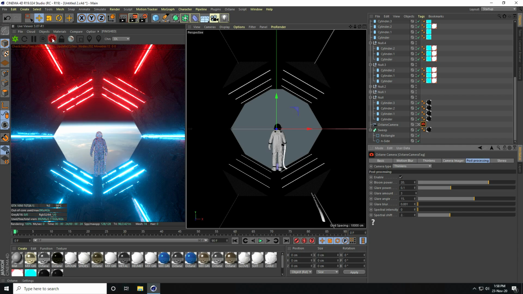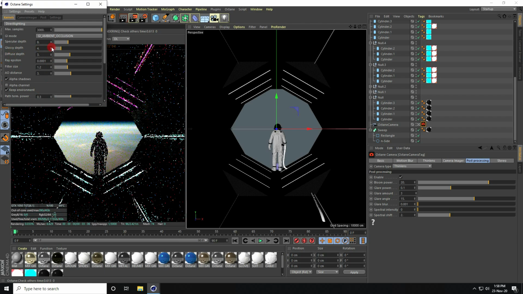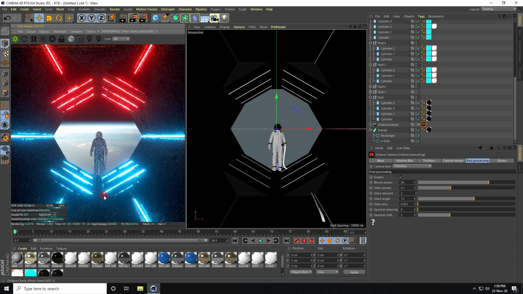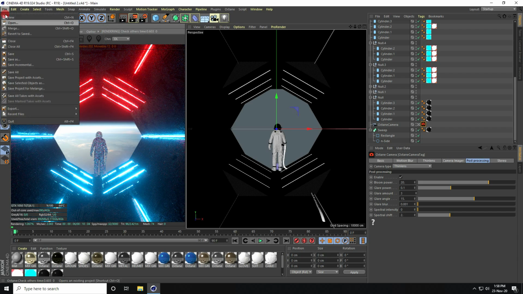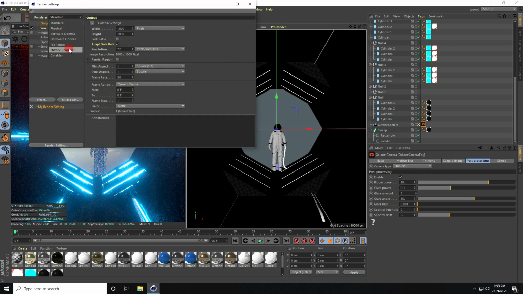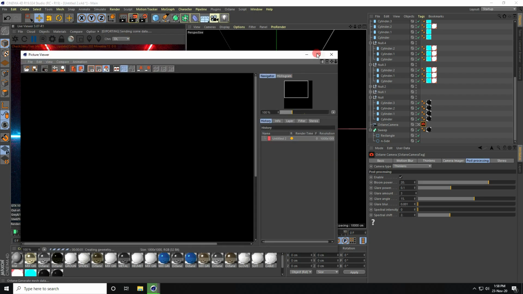And go to render setting, Octane setting, max samples I take like 3000, and I take 8 and diffuse take 3, glossy depth 5. Yeah, that's it guys. See guys, that's my beautiful composition. And stop this rendering and go to render setting to take Octane render. Yeah, and create render, right? See guys, that's my simple space scene using Octane render, finished.